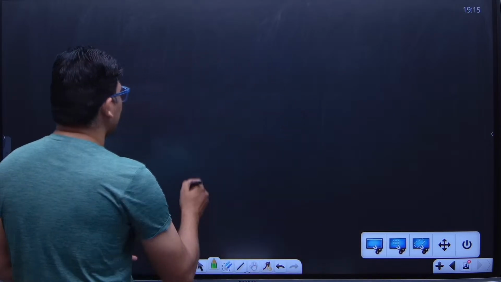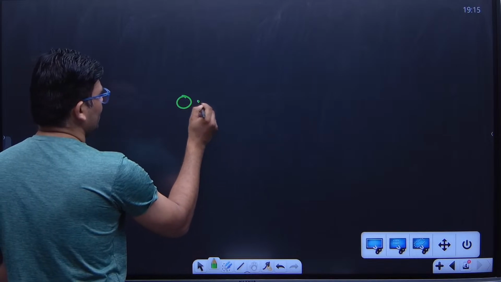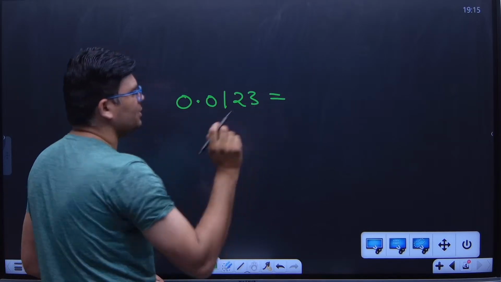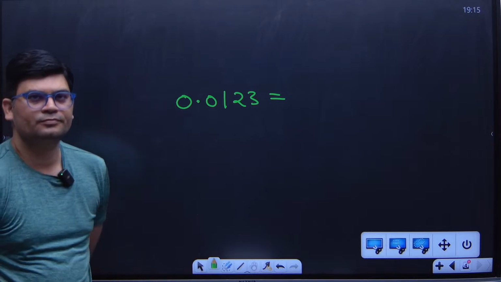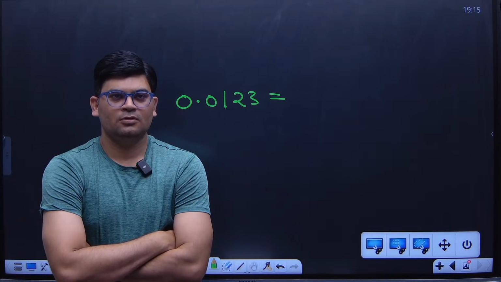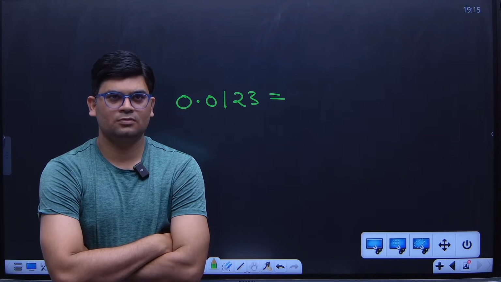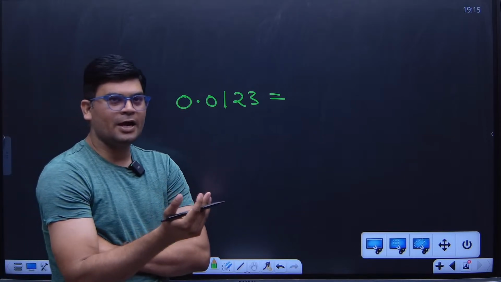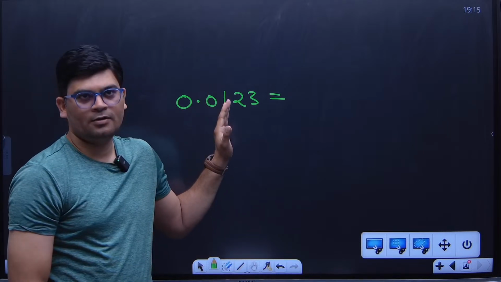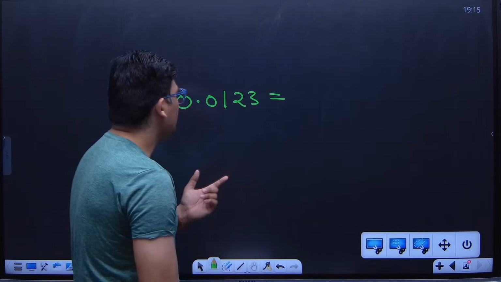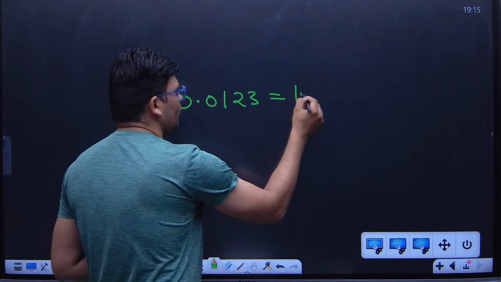Now I am going to make you some bit tough questions. Can you tell me 0.0123, how to write this number in the standard form? The power will be in the minus part. So from where do we have to start? We have to start from 1, because the minimum number that we should use is 1 digit, and if you go to the 1 digit, it is going to be 1.23.